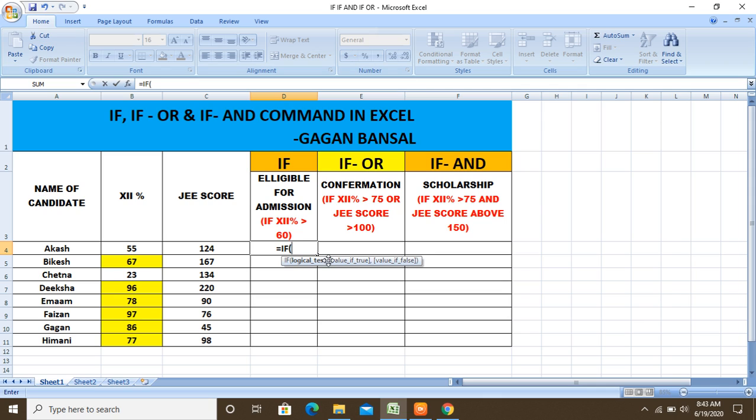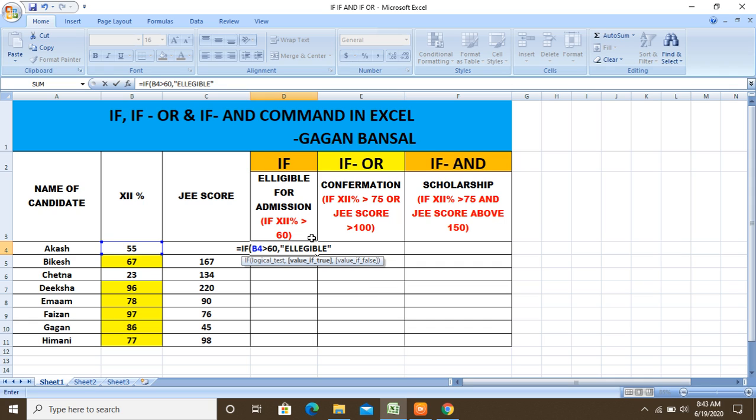It is asking what your logical test is. Our logical test is that this 12th percentage should be greater than 60, then comma. Now it is asking what it should give as a reflection when the value is true. So if the 12th percentage is greater than 60, it should type ELIGIBLE.